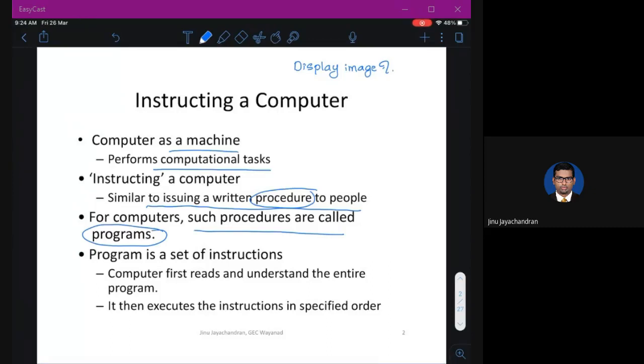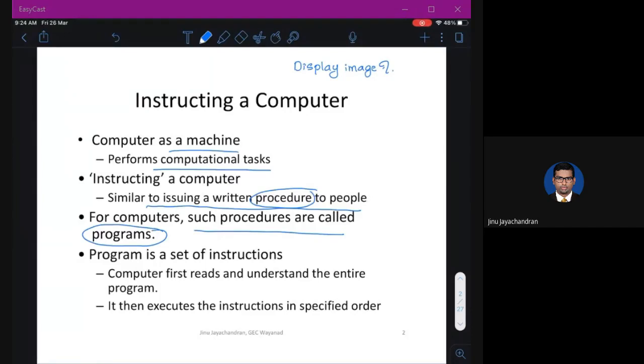The computer looks at the first instruction in that list, executes it, runs it, performs the task mentioned in it. Then it goes to the next instruction and performs the task mentioned there, and so on. Depending on how you give the instructions, the computer will perform. That is called a program.